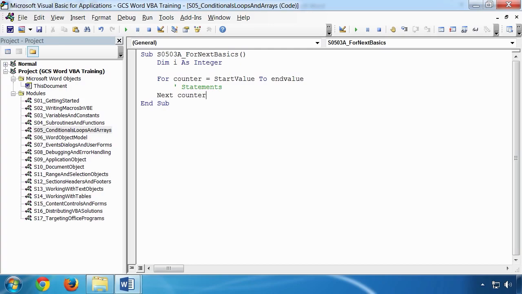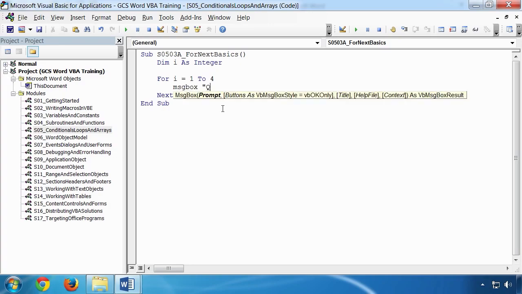So for this first basic example, let's say that we want to loop through the quarters in a year. So we know that there are 4 quarters, the first of which is 1, and the last of which is 4. So that takes care of our start and ending value. Then our counter is called i, so we replace that with i. And for our statements, let's simply have a MsgBox, we'll have the word Quarter, followed by i. So when we run,